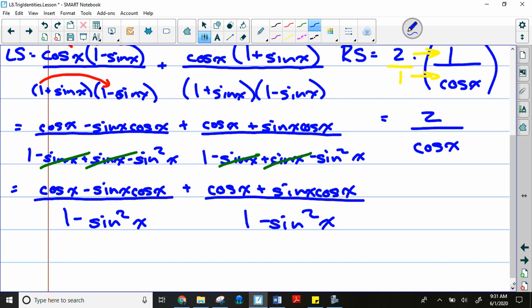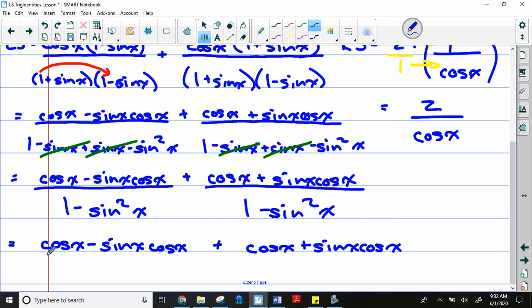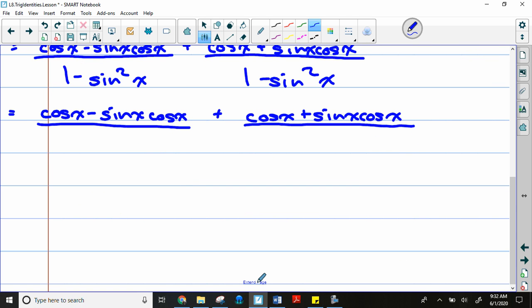Still gonna just work with the denominator for one more. Just one. Cos x minus. And you can, at this point, if you start seeing the steps that you have to make, you can combine steps, but my warning is don't try to combine too many steps at once. It's better to write out 14 lines than to try to do too much and overdo it, because then you don't know how to find your answer. So I'm just going to change the 1 minus the sine squared x into cos squared x. I like this move